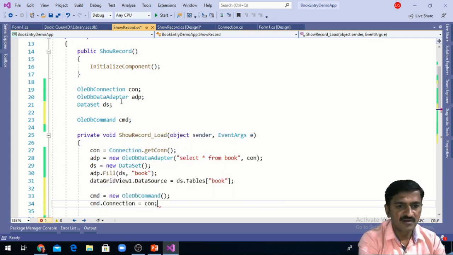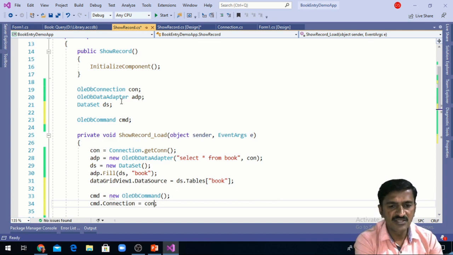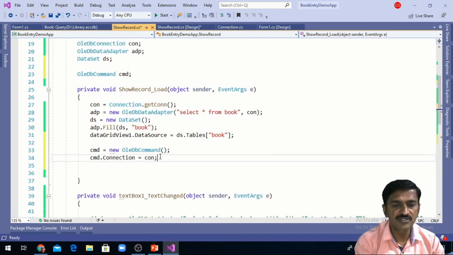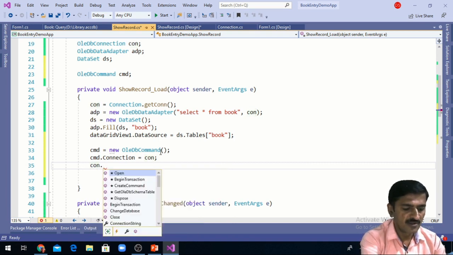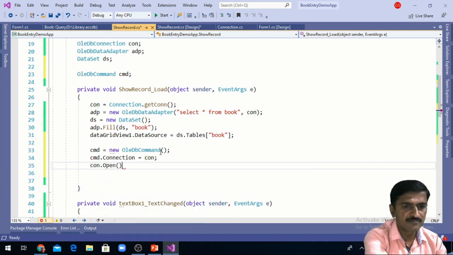Using the connection property, I can initialize the connection: cmd.Connection is equal to connection. Then the connection must be open to fire update or delete commands on the database. So I am opening the connection.